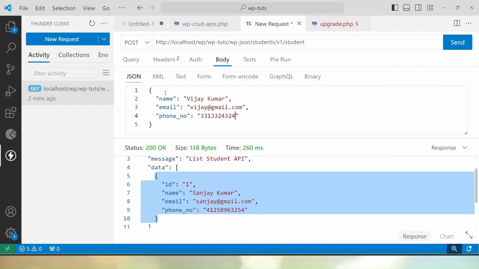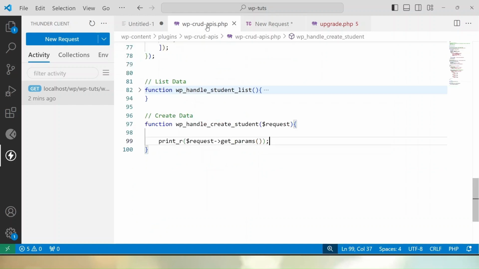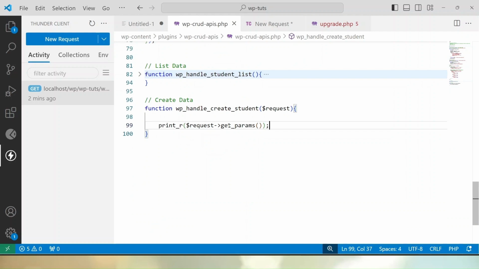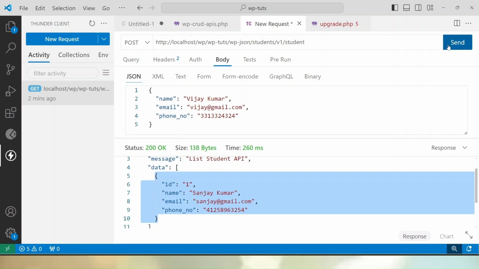So as we can see, we are passing some data in JSON format inside the body to this API URL using the POST request type. While calling this API method, we are hitting this callback function, and inside this callback function we are simply printing all the values that we are passing into the request. So if I click on the send button,